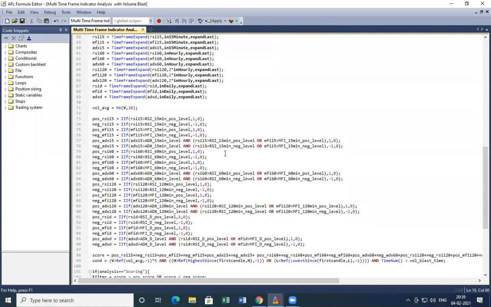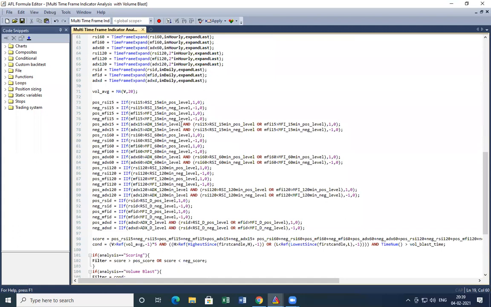And just scroll down. Okay, now I'm giving the score to each of the indicators. Like I define a new variable called POS RSI 15, which is nothing but the positive RSI 15. Just try to connect with me, okay?